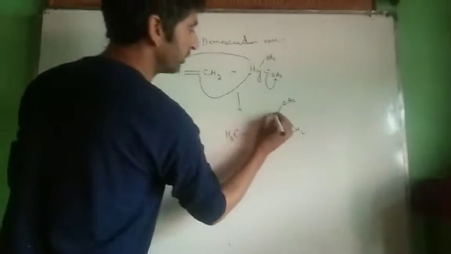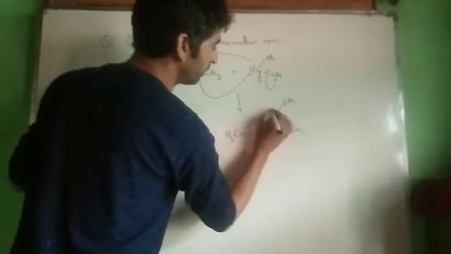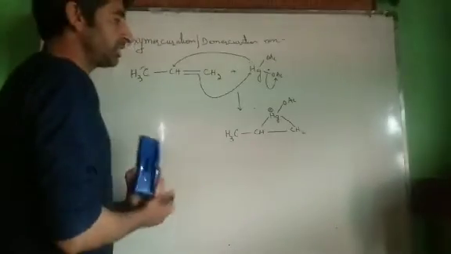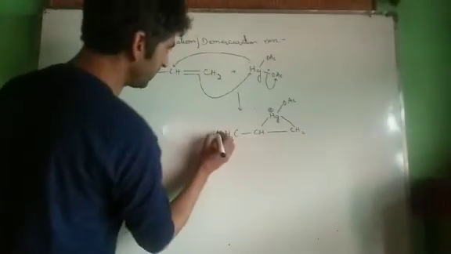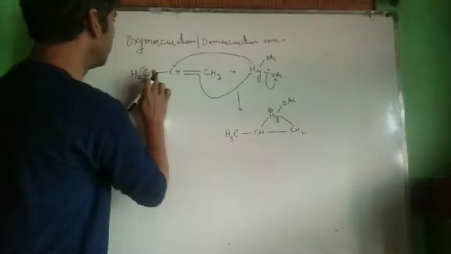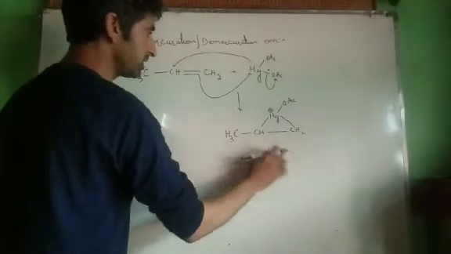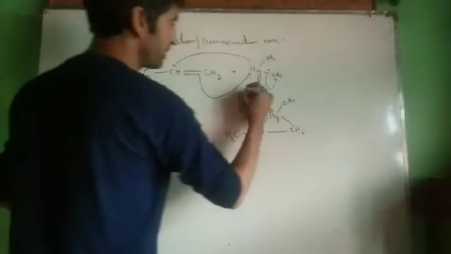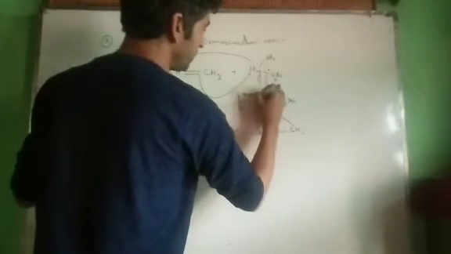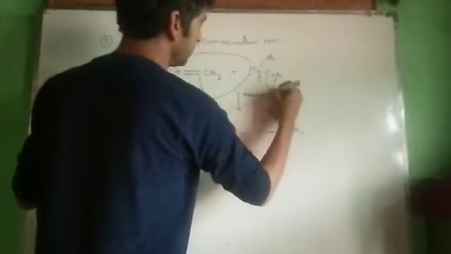Here we have the mercurinium ion intermediate. Now see, the bond has to be broken down in the next step. This is called mercuration. I have added mercuric acetate to it. After this, the reaction is called mercuration. These are the steps of mercuration. It's called mercuration, and that's why the reaction has been given the name.